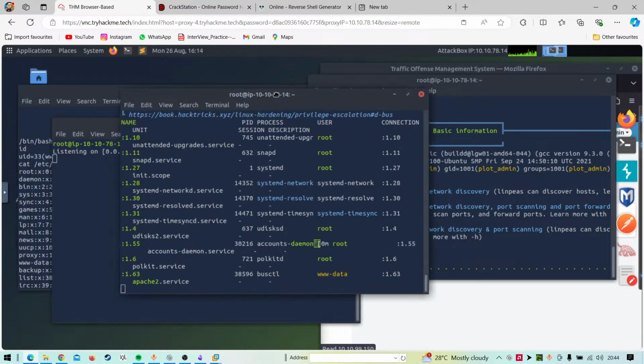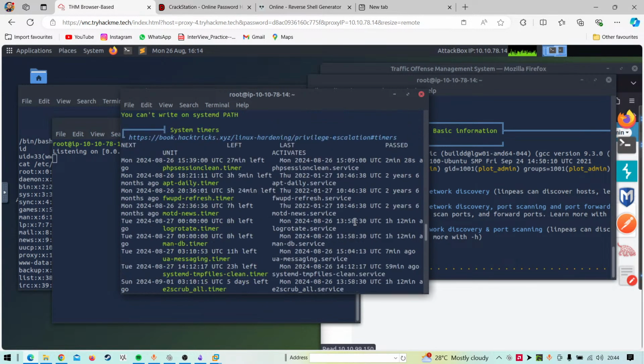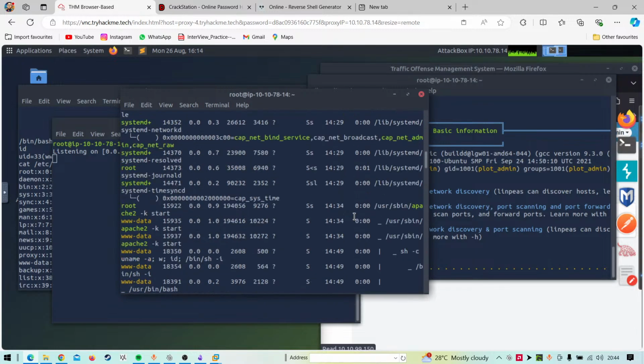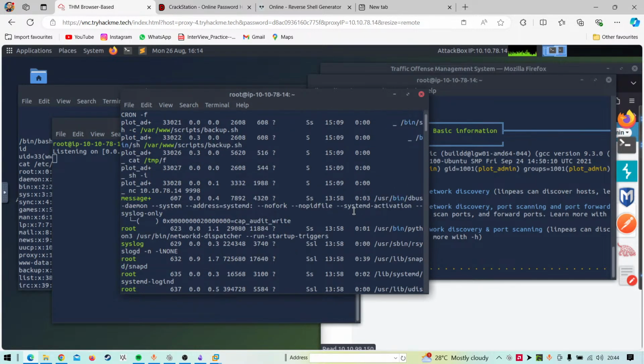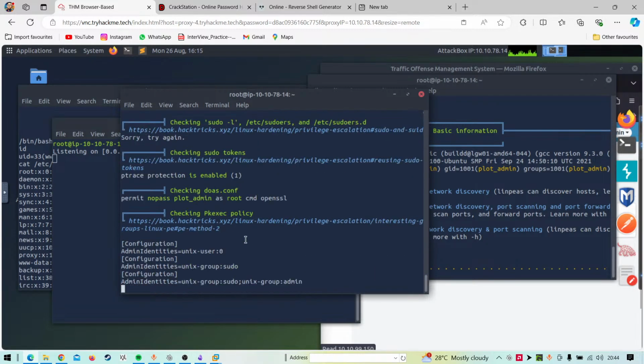What's happening here? Why is it running LinPEAS there? I think the LinPEAS on the first one is not completed yet. Which LinPEAS is this?